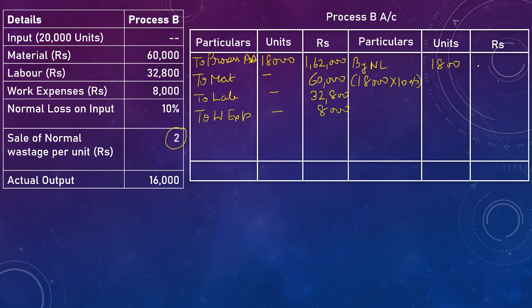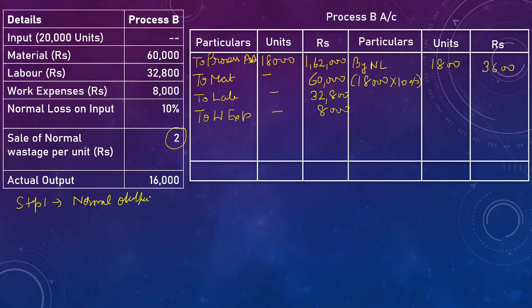So our net realizable value, or the sale value of normal loss, is 3,600. Now again we follow 3 steps to calculate normal loss or abnormal gain or abnormal loss or the cost per unit. In step number 1, we calculate normal output,